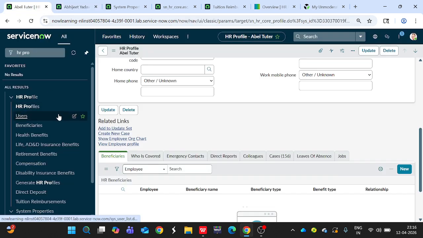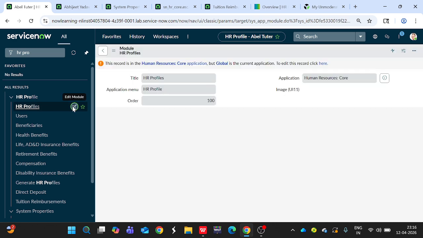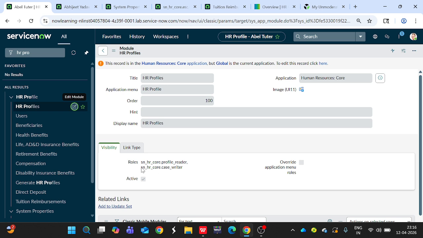Okay, and additionally if you click on this edit module icon, you can see that to access this module, profile reader role is needed or case writer role is needed. So this case writer role inherits the profile reader role. Okay, now